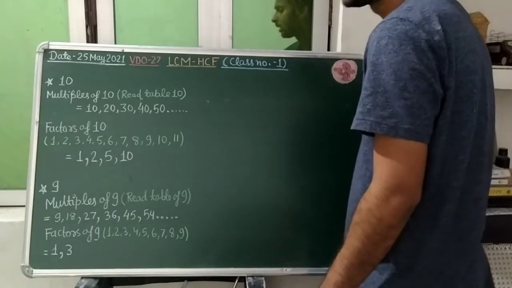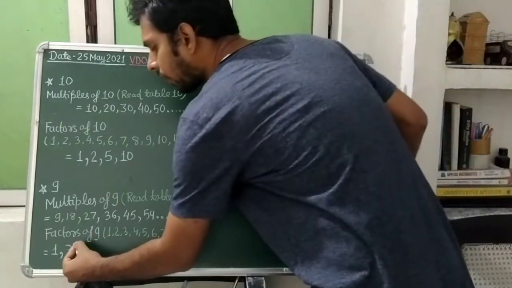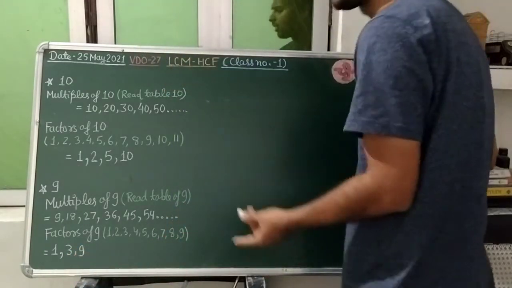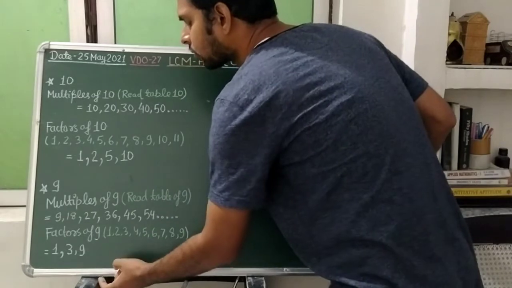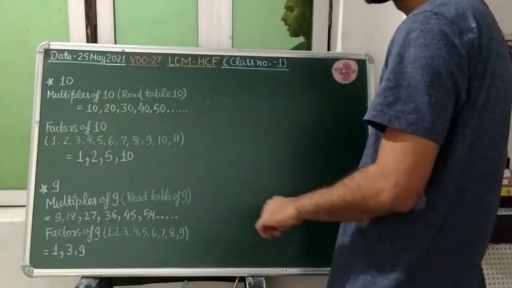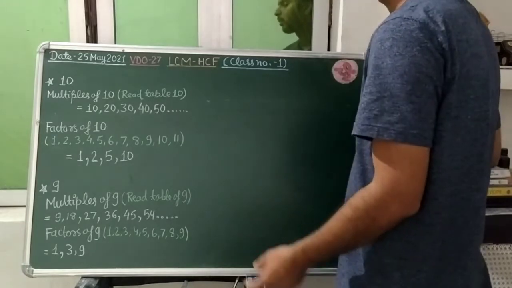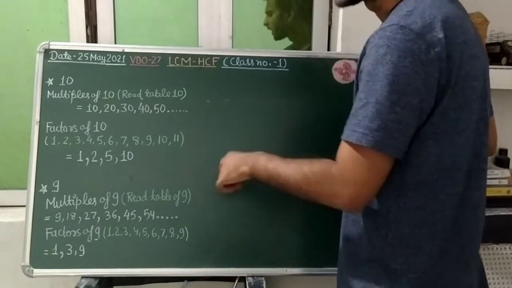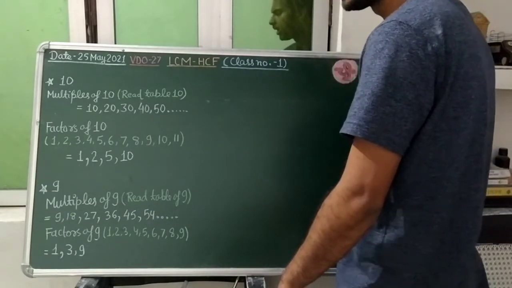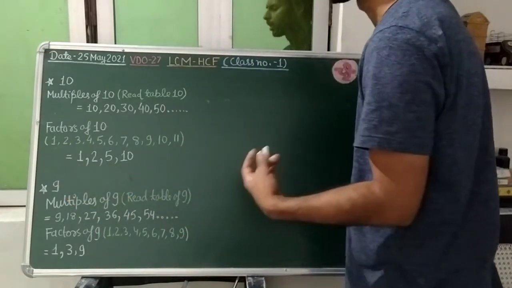Will 9 divide the 9 completely? Yes, 9 is going to divide the 9 completely. So 9 will be the factor of 9, and the factors of 9 will become 1, 3, 9. So from where have we got this 1, 3, 9? From 1 to 11, we will check which number is going to divide the given number. The numbers that divide the given number will be the factors of that number. Since here the number was 9, we will check from 1 to 9 only. We will not go for 10 and 11.